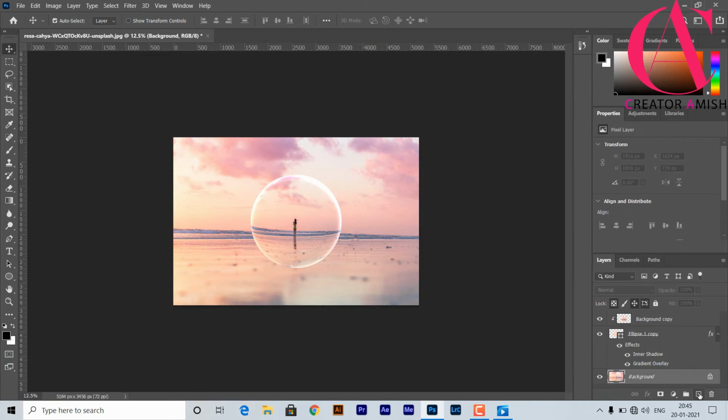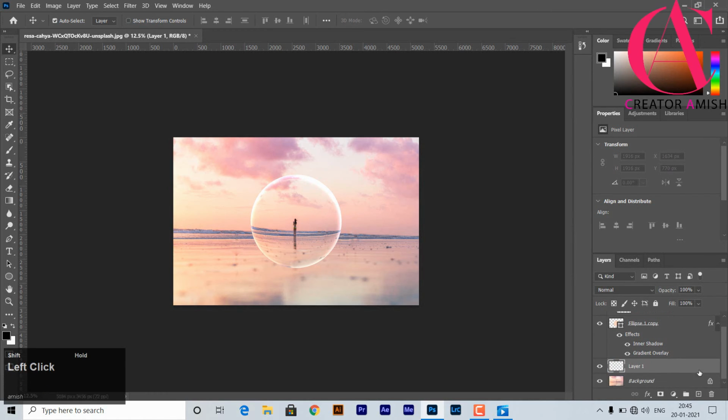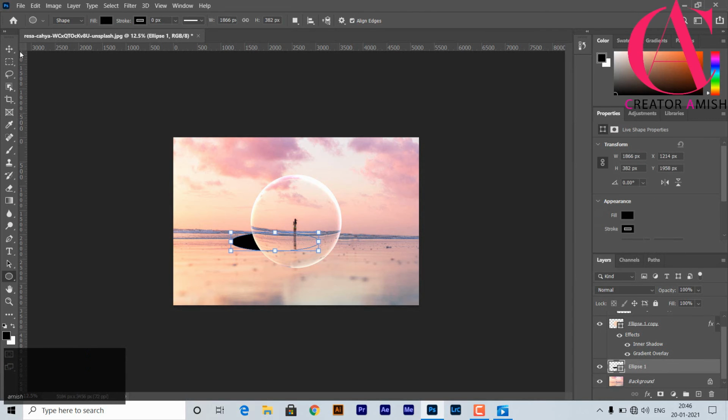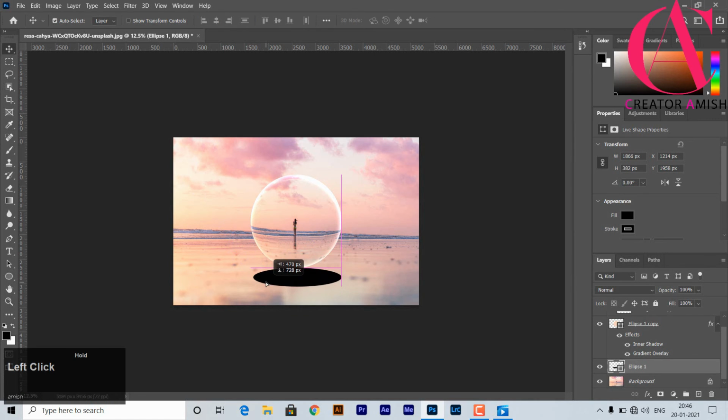Now let's take a new layer. Its position must be here, and we'll take an ellipse of black color. Let's just adjust it here.